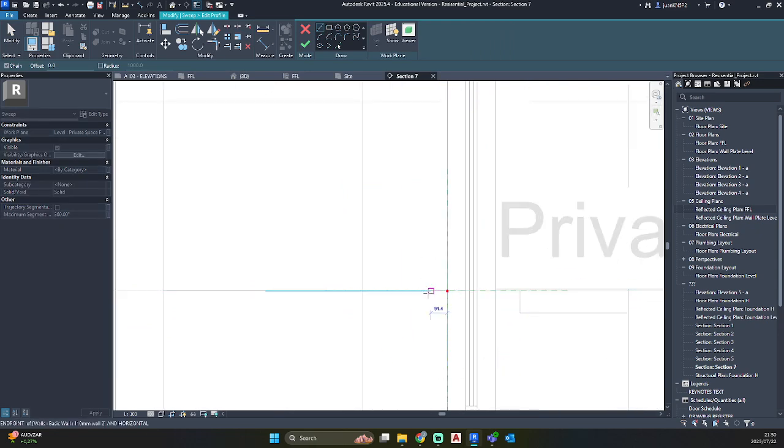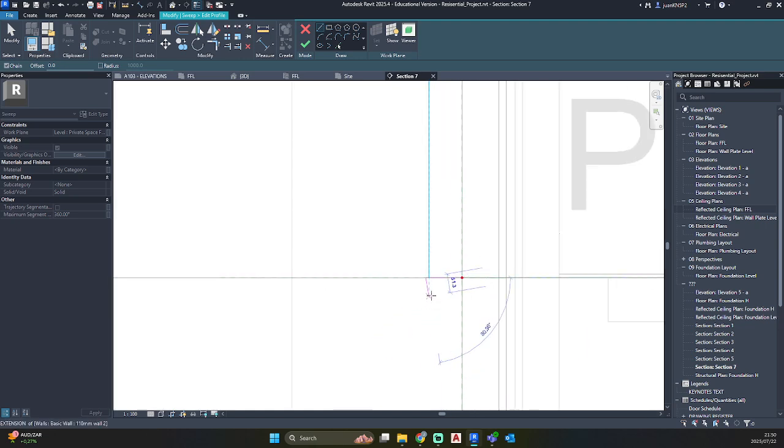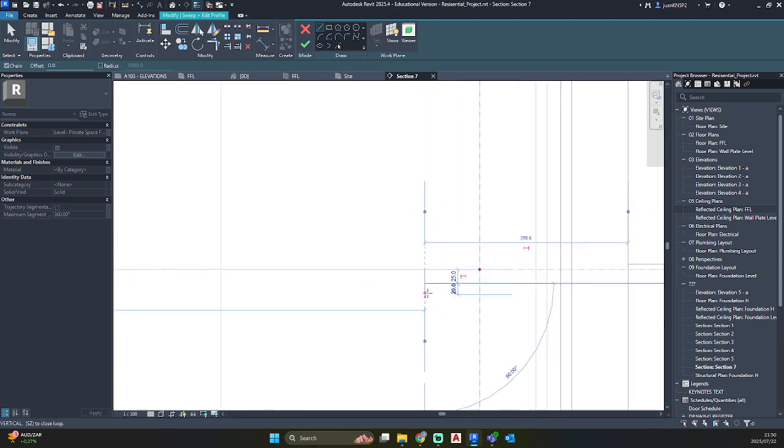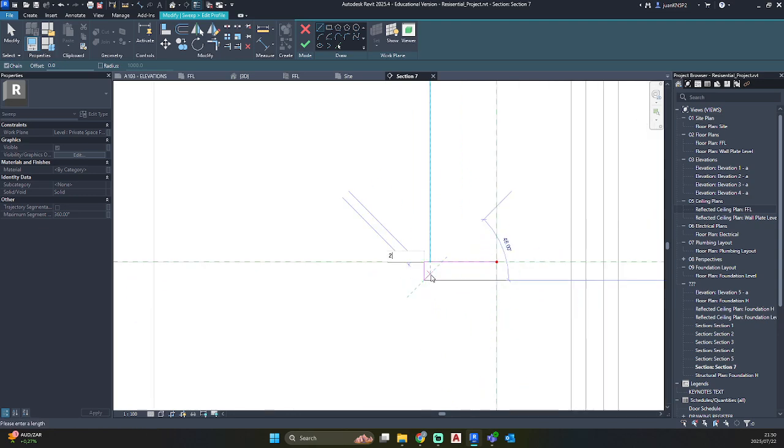So I'm just going to draw this in here and adjust my work plane. I'll fix that line in a moment.